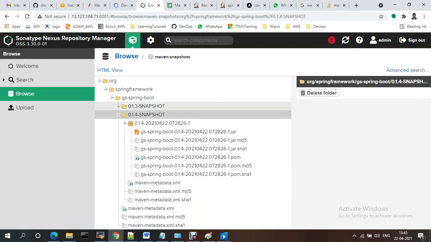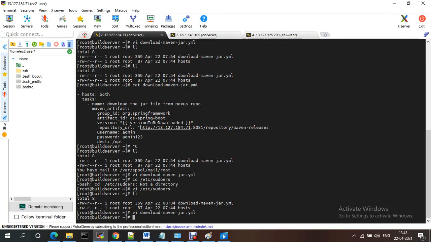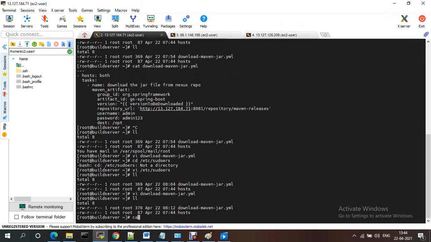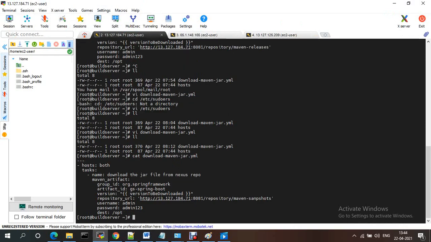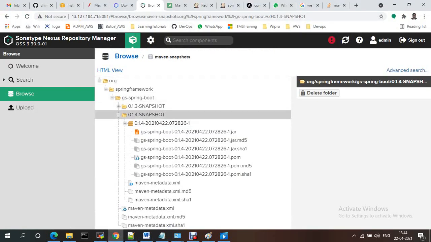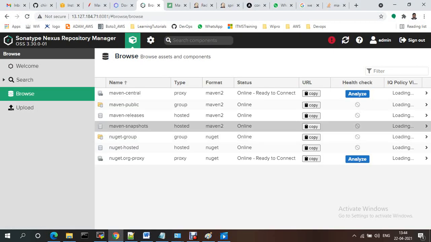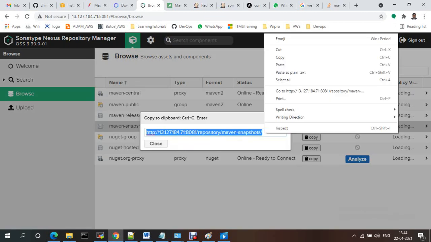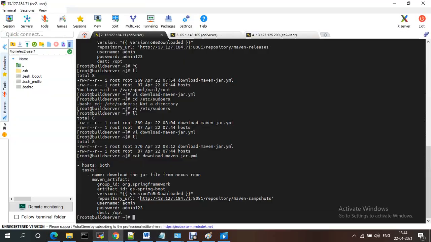Snapshot 0.1.3-SNAPSHOT, because download host, the URL, copy.